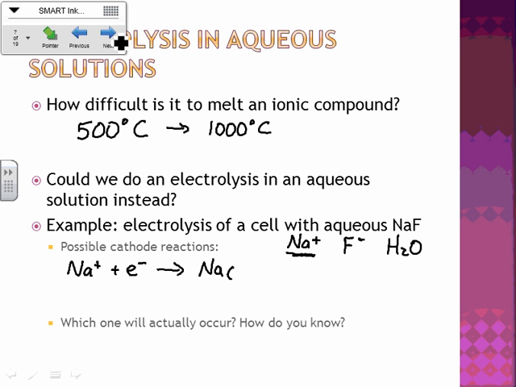In this case, because we're at lower temperatures, it's going to probably create solid sodium, okay? But what's the other possible cathode reaction that could happen here? Could the fluorine get reduced? F minus probably isn't going to become F2 minus, right? Or F3 minus. That's about as reduced as fluorine can get already, okay? So then our only other option is the H2O, right? Now if you look at your chart,